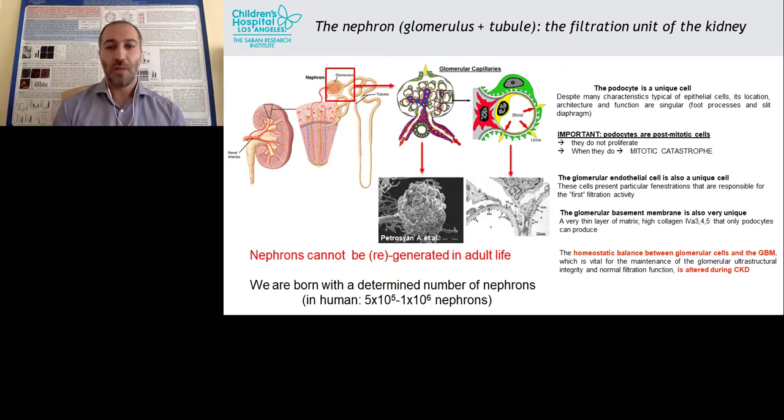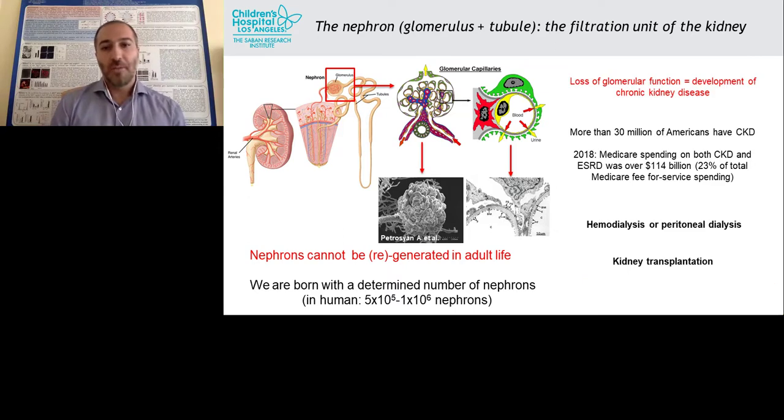So the homeostatic balance between the glomerular cells and the glomerular basement membrane is important for the maintenance of the ultrastructural integrity and function of this filtration unit, and any alteration of any of these components can lead to chronic kidney disease. So the main treatments for kidney disease are hemodialysis and kidney transplantation, and we know that loss of glomerular function leads to development of